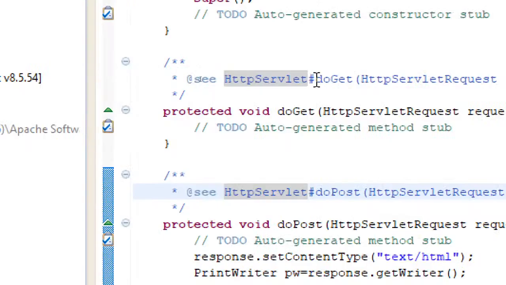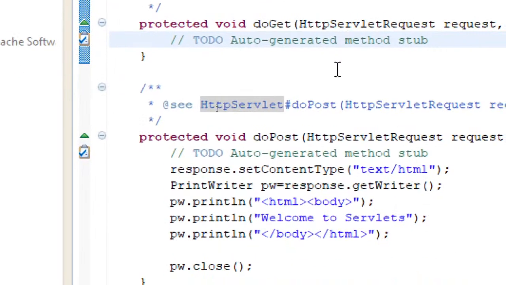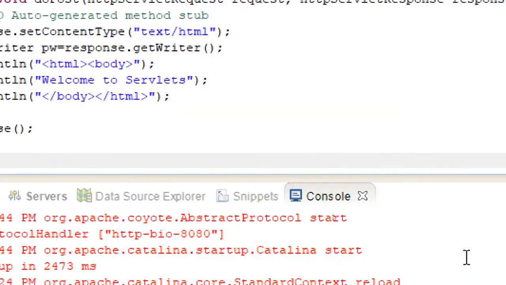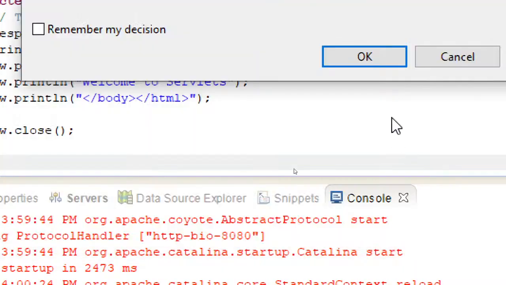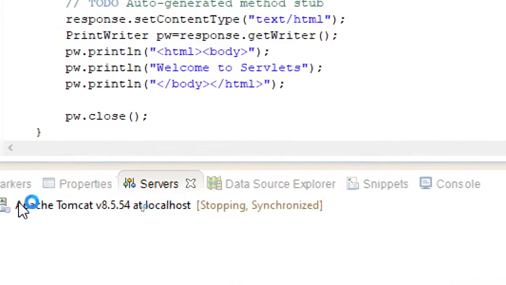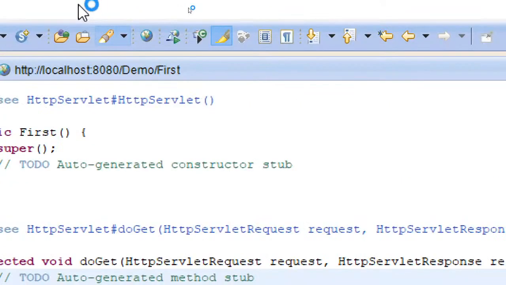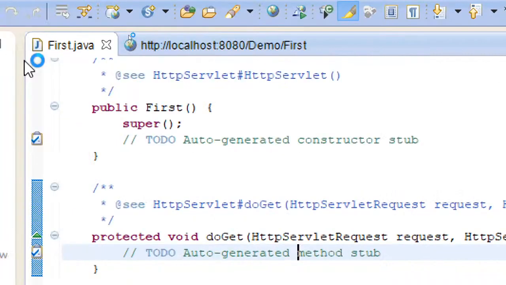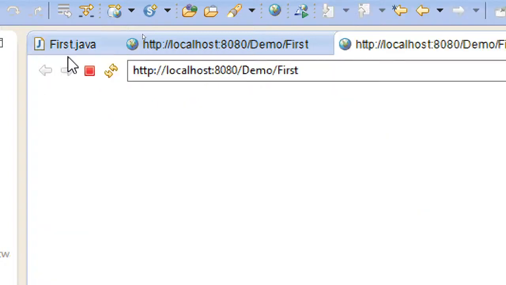Anyway, it doesn't make a difference, but still, run as. So again the server is restarting. Still it's not loading.